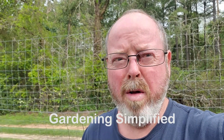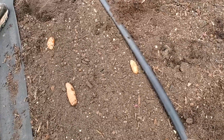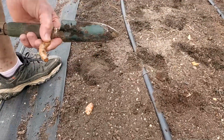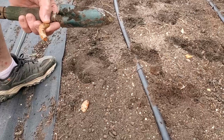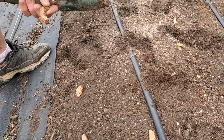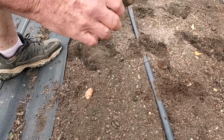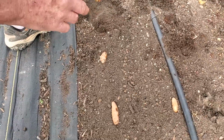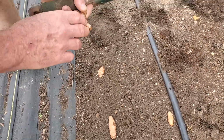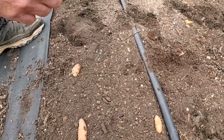It's April 1st, and we're out here in the garden now, and we're planting turmeric and ginger. So let's take a look. Okay, when it comes to planting turmeric, now this is store-bought. I have just planted all my ginger and my turmeric that I saved last year, which was the main plant. I harvested all my turmeric off and saved the rest of it. And this is store-bought. Now this is organic turmeric that you'd buy in the store, and